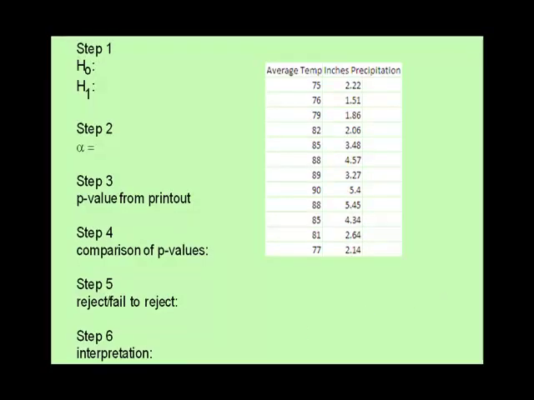Let me try a specific example to make this a little clearer. Let's say that I have average temperature X and inches precipitation Y. And I want to know, does temperature help predict inches of precipitation? In the previous slide,